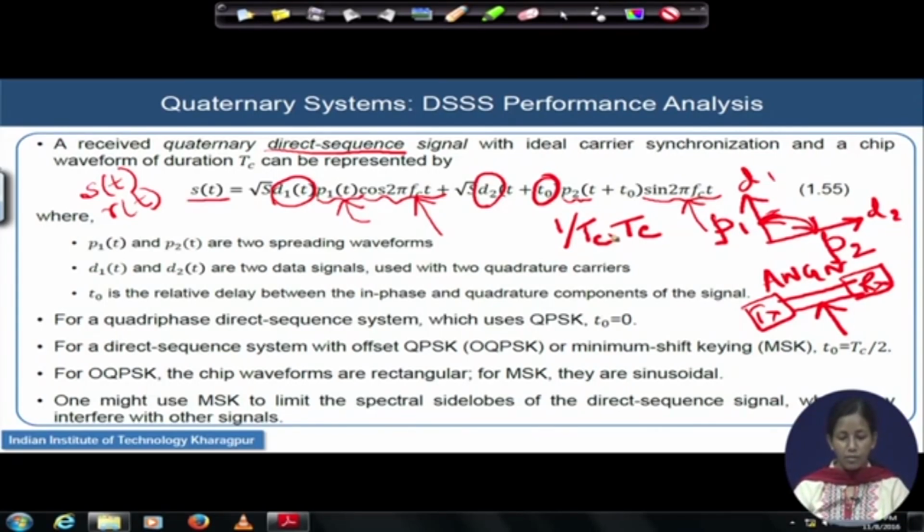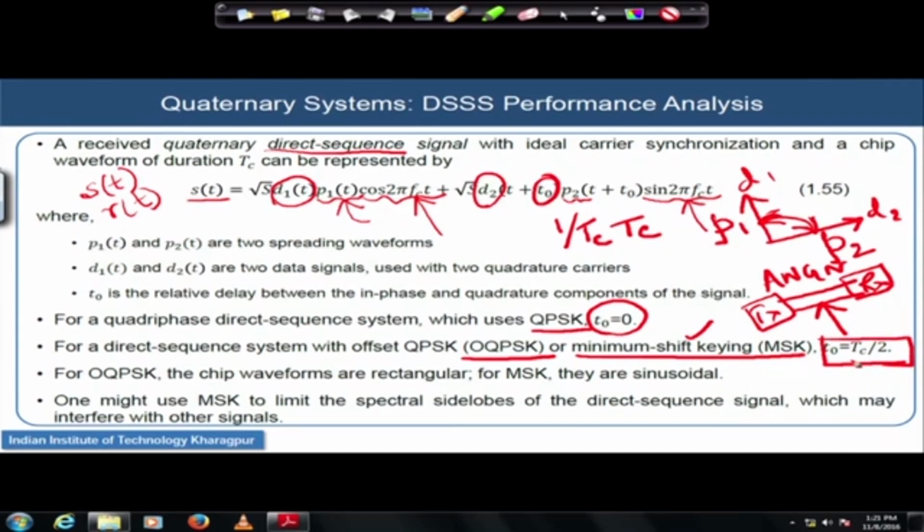So, with this consideration, let us understand a little bit more about the kind of modulation schemes that we are going to utilize here. If we utilize QPSK, quadrature phase shift keying, for the modulation of D1 and D2, remember in that situation your delay between these two will be exactly 0. But if you utilize offset QPSK or minimum shift keying MSK, which is a very popular scheme for frequency hopping spread spectrum communications, then this value of T0 will be equal to Tc by